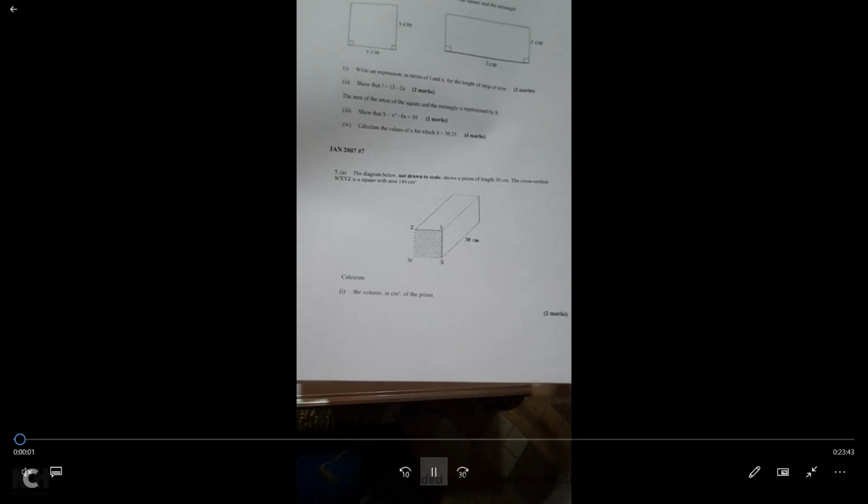Okay, so in January 2007, we are asked to find the volume in centimeters cubed of the prism, right? But in the question, we were given that the area of the square, which is this here, is 144. So since we know the area of this already, all we have to do is multiply the area of the